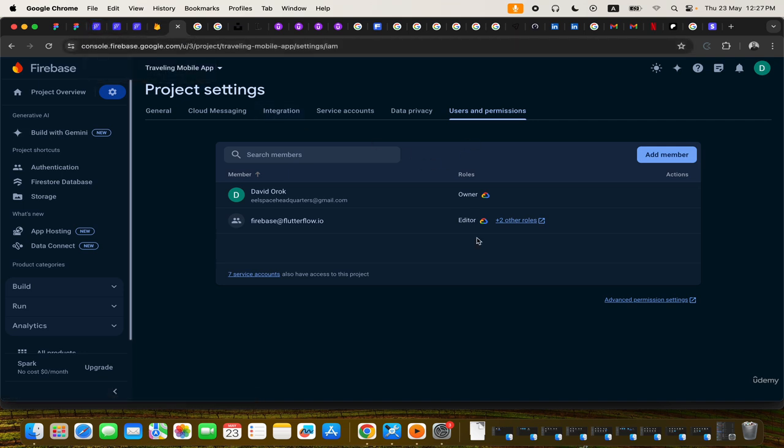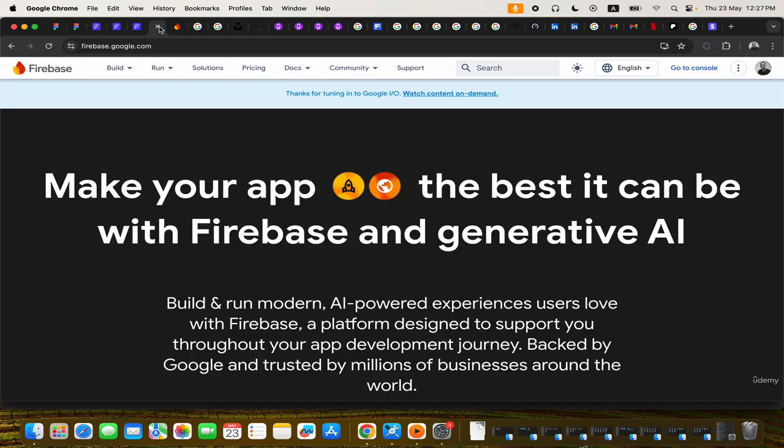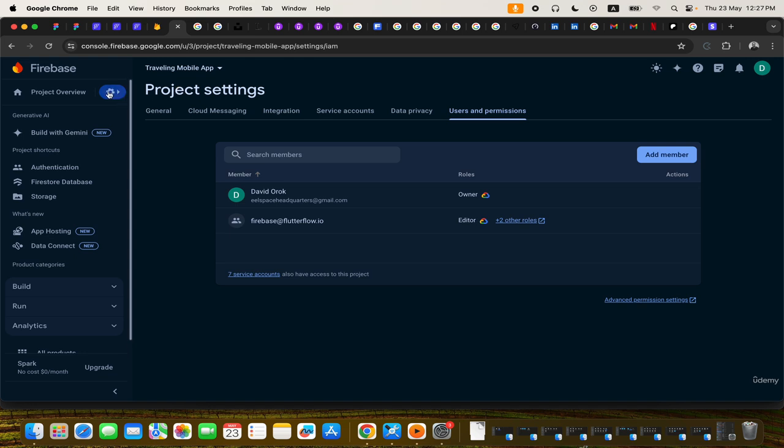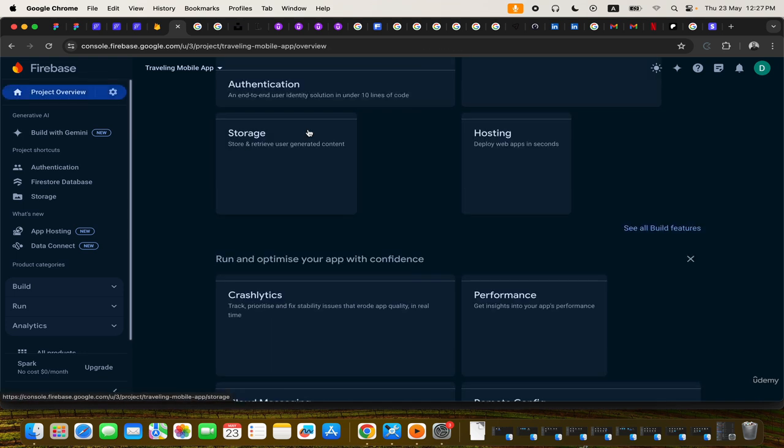FlutterFlow. I have done this. The next thing, not the final thing but the next to the final thing, will be to actually click this deploy button. But now this one is what we need to do. The cloud functions that we have just added cannot work without us, let me click here, project overview. It cannot work without us using